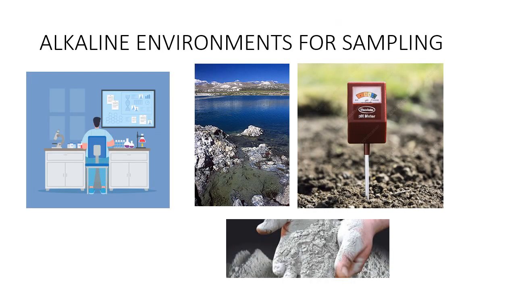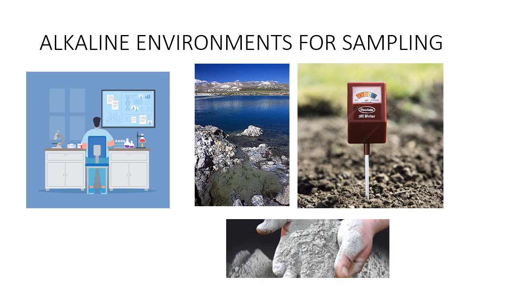Now, how do we isolate them as they like to live in extreme environments? So we need to start with sampling, right? Because we need to identify what alkaline environments you have nearby, and you need to get a proper sample, and you use your microbiology techniques to isolate them. Now, sampling is a very crucial step in isolating alkaliphiles as we use sterile techniques to collect our sample, and we ensure that we are capturing a diverse range of microorganisms and we are not carrying contamination with us, right? So that is more important.